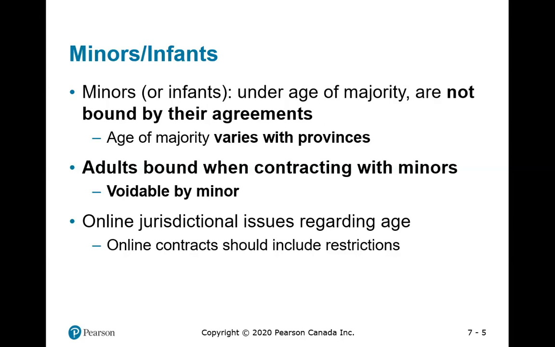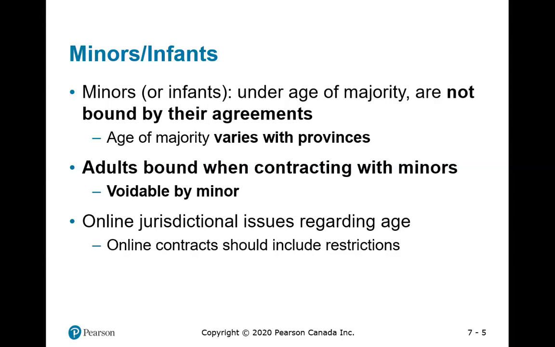So minors that enter into a contract, guess what? They are not bound by the contract. They may comply with their obligations, but they are not bound. In other words, if I sell a smartphone to a minor, and I deliver the smartphone right away, but I will get the payment only 1 week from now, if the minor doesn't pay me, can I sue them successfully? I cannot, because they are not bound by the agreement.